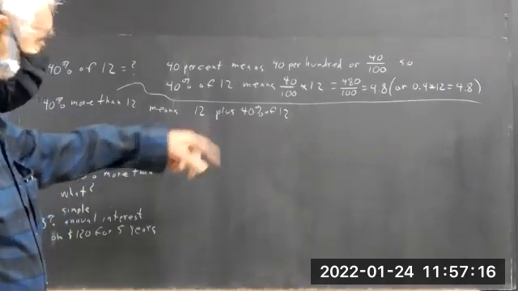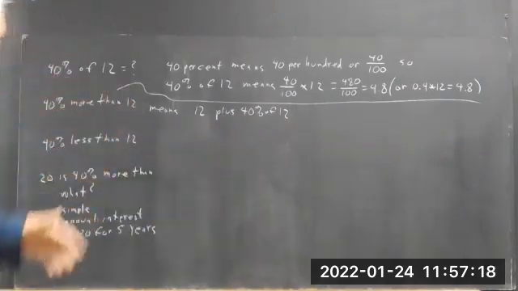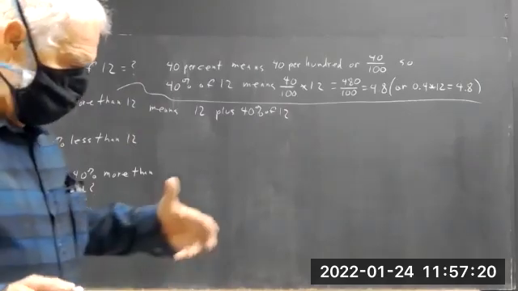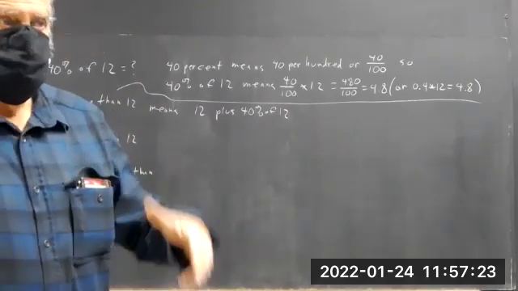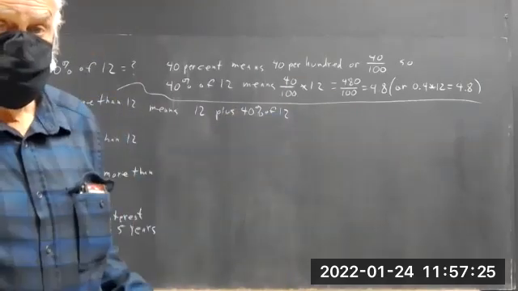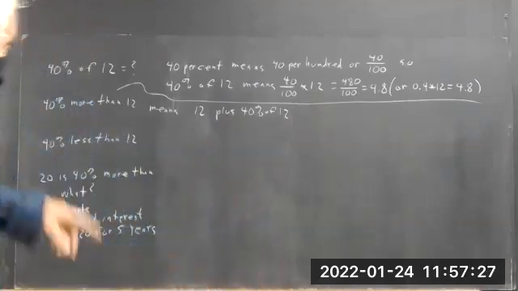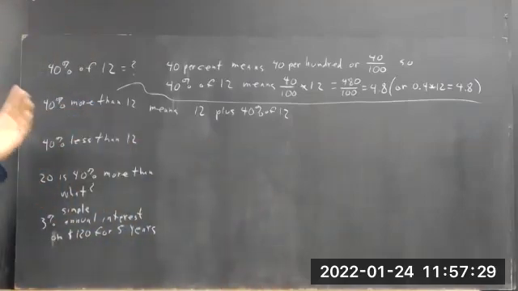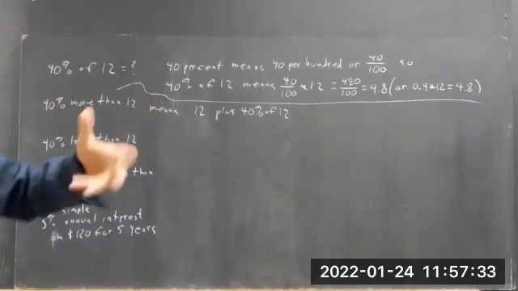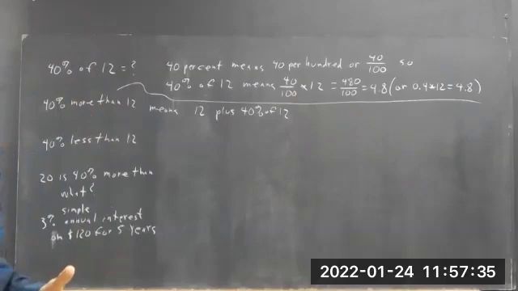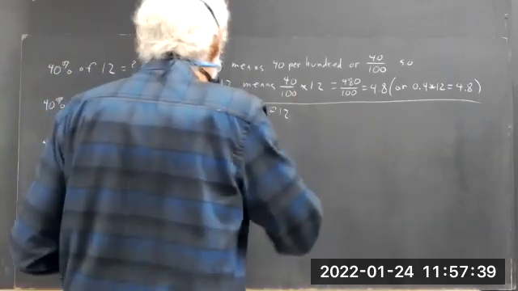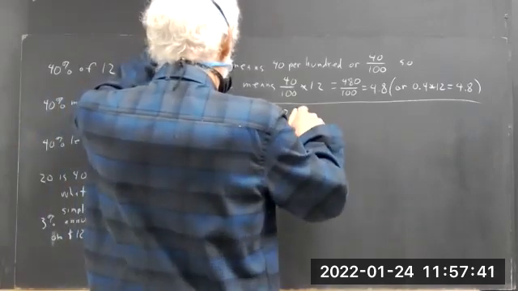Now, maybe you didn't know that in advance, but if you look at this, what do you mean by more than 12? It means you're adding something to 12, right? What are you adding to 12? Well, you're adding 40%. 40% of what? 40% of 12, right? Okay, that's a little complicated, but it's not hard to get used to once you see it. Okay, that's 12 plus 40% of 12, which equals